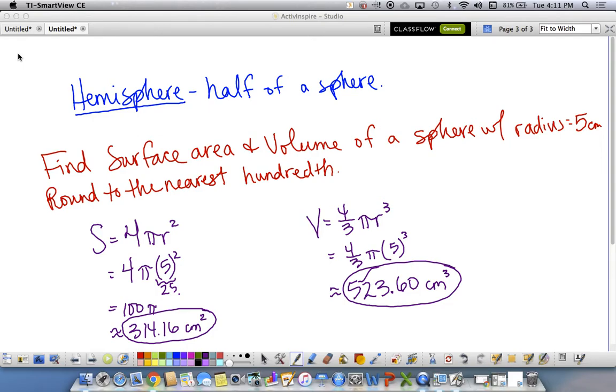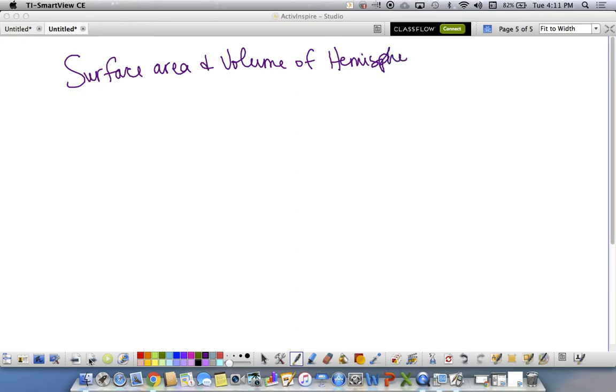Okay, can you find the volume? Well, let's do one that's a hemisphere. Calculate the surface area and volume of a hemisphere. Okay, so we're going to find the surface area and volume of a hemisphere. What is a hemisphere again? We've cut a sphere in half. They want to round it to the nearest hundredth. We don't need to use the same. Let's just do a diameter of 14